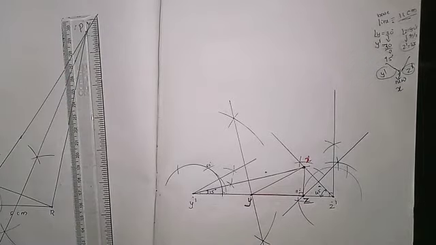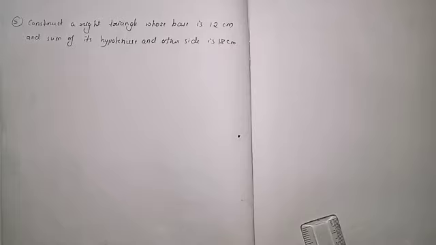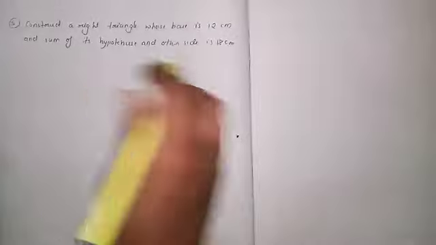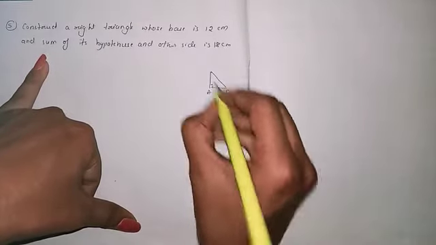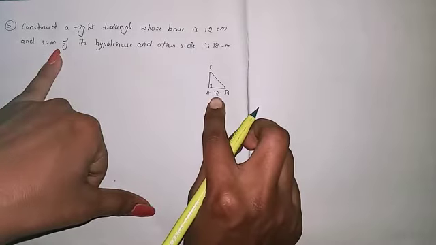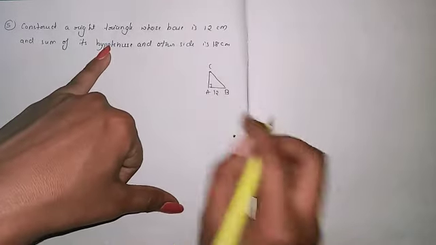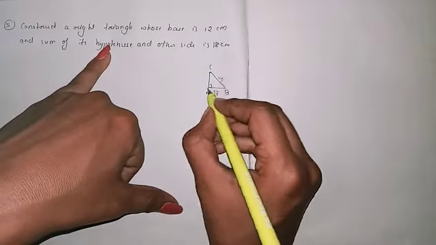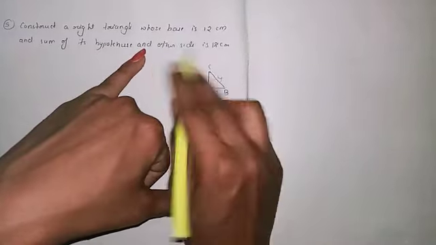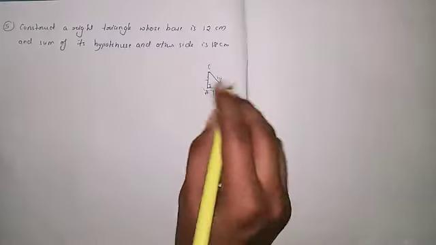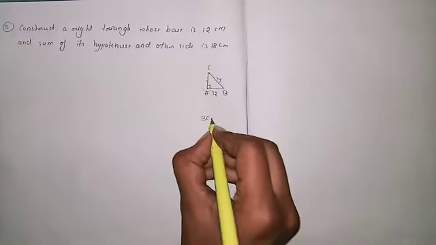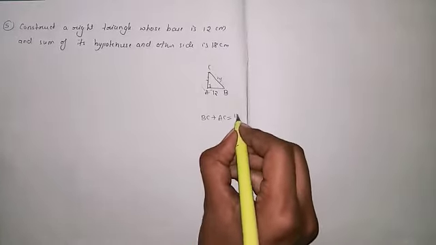So this is the fourth problem. The last problem is there, and that also we will finish. In this problem you can observe they have given a right angle triangle, so that means we have a 90 degree angle. So the base is 12 centimeter. Just consider this one ABC. So the base is 12 centimeter and the sum of its hypotenuse and the other side, the sum of these two sides, is 18 centimeter they have given. So that means the other two sides BC plus AC is equal to 18 centimeter.